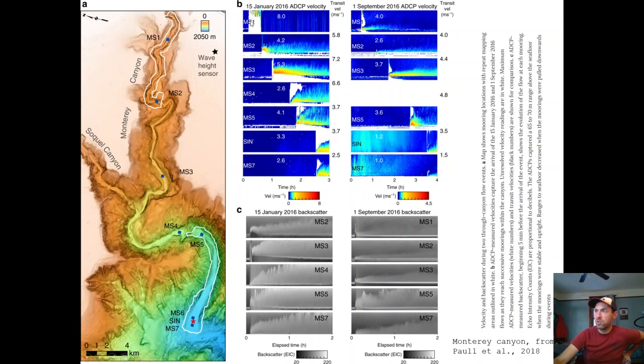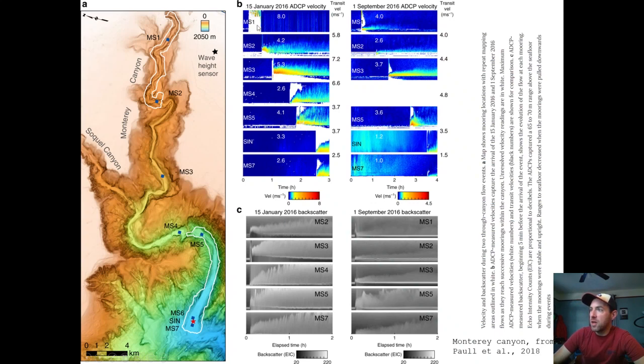And you can see at the very first one, right, that swamped out, and it actually overwhelmed the velocity measurement window of the ADCP. So it was both too high velocity and too high concentration for the ADCP to actually measure the velocity there, which, that's 8 meters a second or more, and a huge amount of concentration. This is the acoustic backscatter, which you can think of as a proxy for sediment concentration. Okay,